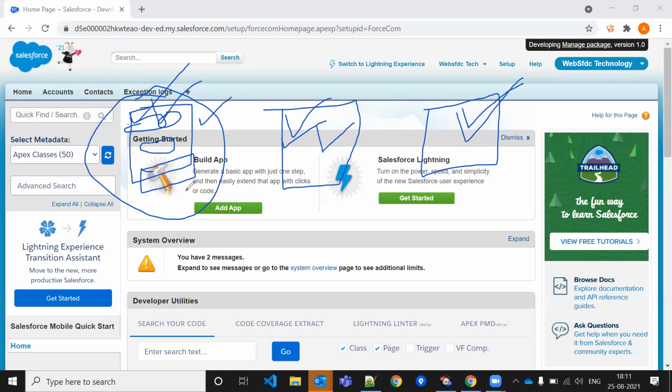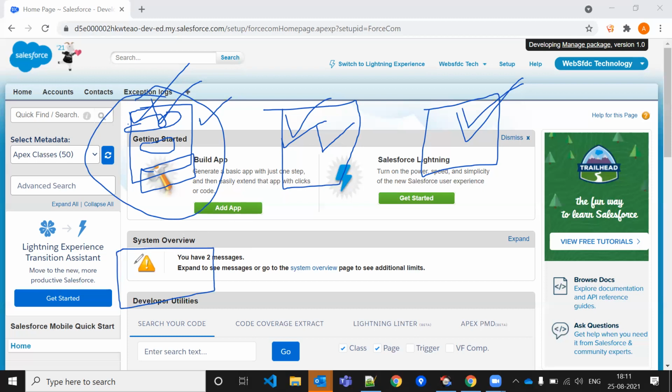So previously we were facing an issue in the visual force page, because if there is some internet issue, or if I want to click on the preview button, or I want to display the output of the visual force page, it might take some time. My browser loader was rotating again and again, because of some internet issue, and because it was taking more time, because this is server side.